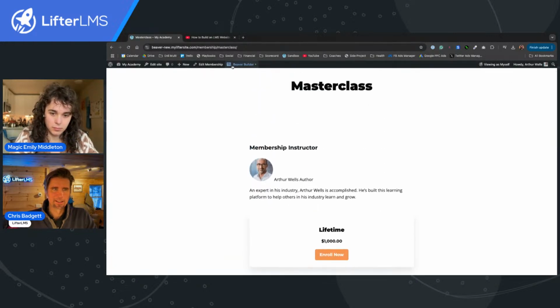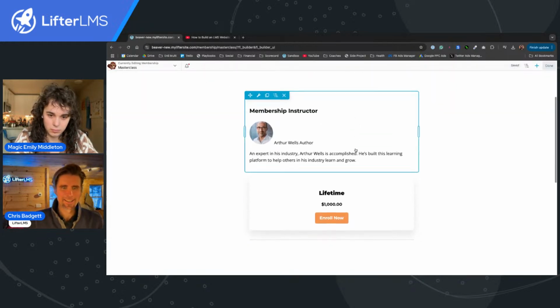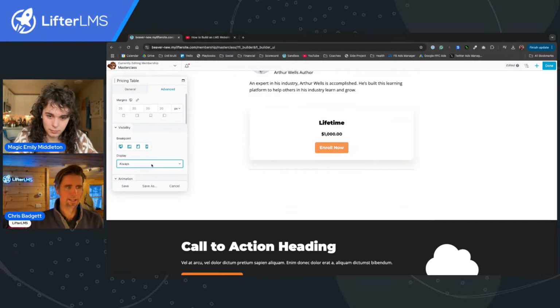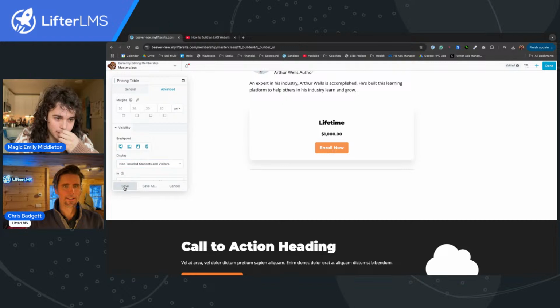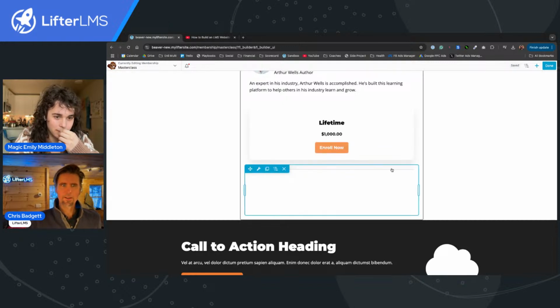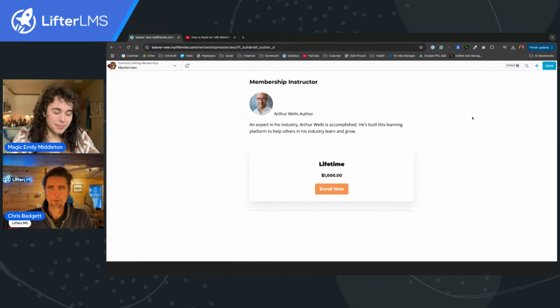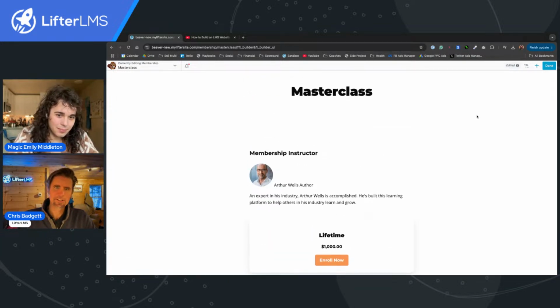And you can see if I jump back into the Beaver Builder here, let's say I only wanted this pricing access module to only display to logged out users or non-enrolled students and visitors. I could do that, click save, and now I can start doing the custom Beaver Builder layout based on the state of the visitor, whether they're enrolled, logged in, logged out, a visitor, or so on. So essentially,